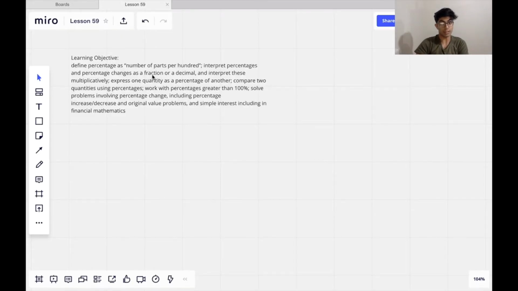So the learning objective today is to define percentages as numbers of parts per hundred, interpret percentages as a fraction or decimal, and interpret these multiplicatively, express one quantity as a percentage of another, compare two quantities as percentages, work with percentages greater than 100%, solve problems involving percentage change, including percentage increase, decrease, and original value problems, and simple interest, including in financial mathematics. Very long-winded or long-sounding learning objective, but